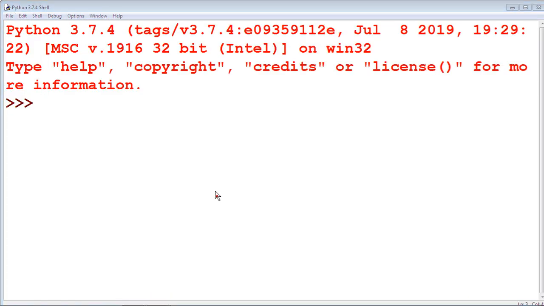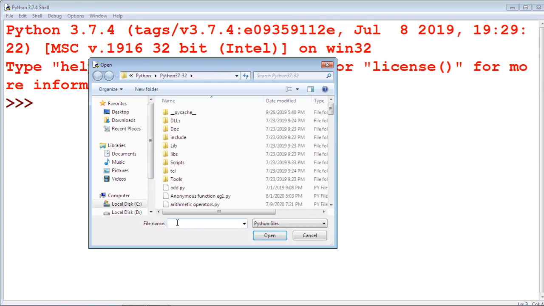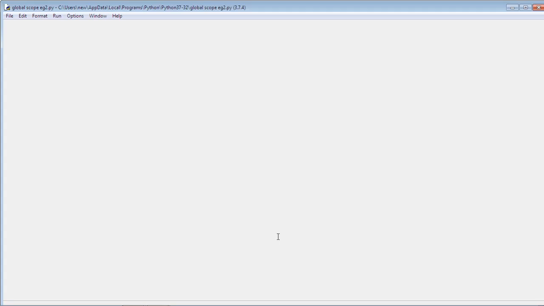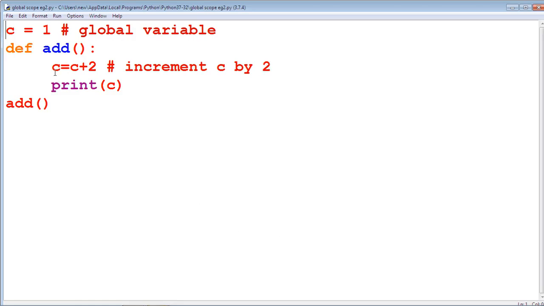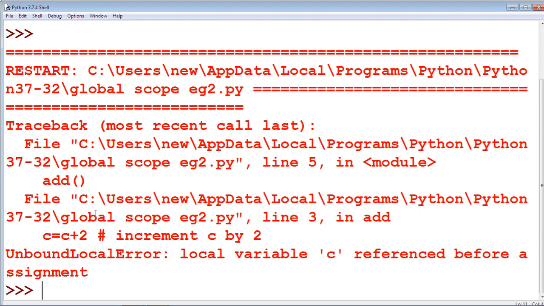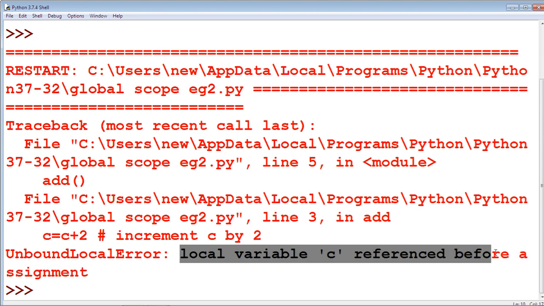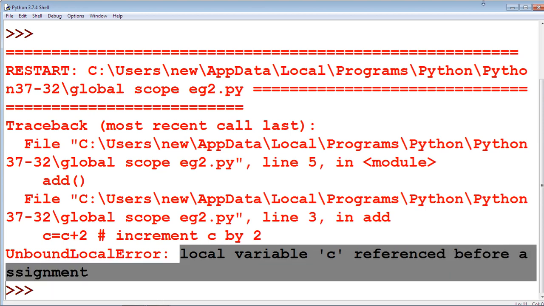File, open, global scope, example 2. Here my c value is updated, incremented by 2. Run this program. We get the result as UnboundLocalError, which means local variable c referenced before assignment.